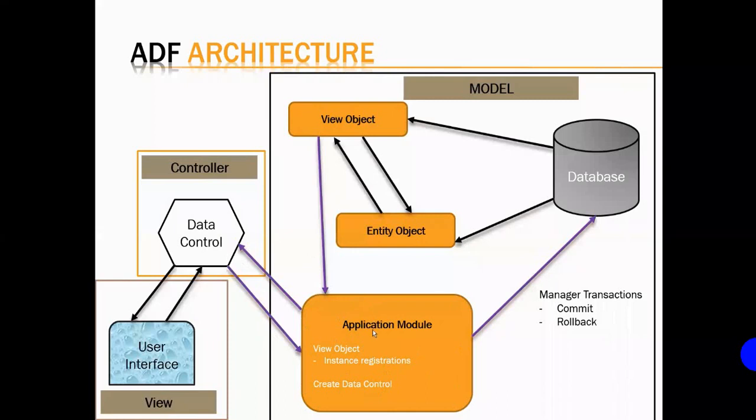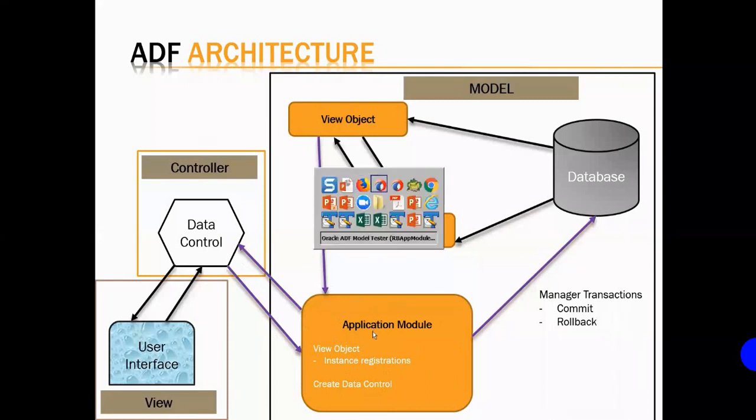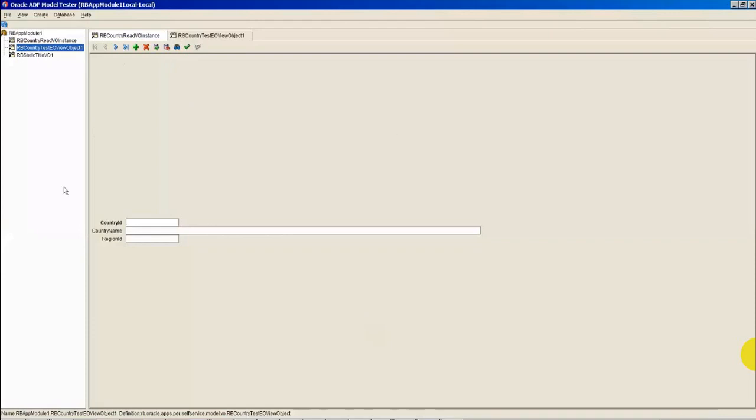So business logic cannot be done just the way we are doing now. This screen alone is helping us pull and push the data to and fro between the database and the user interface. That's all we are doing, but it has no ability to do any validations. For example, when I'm trying to enter some country ID,